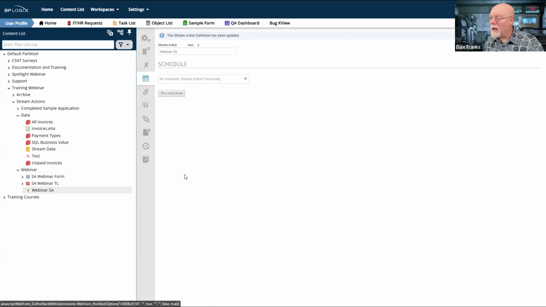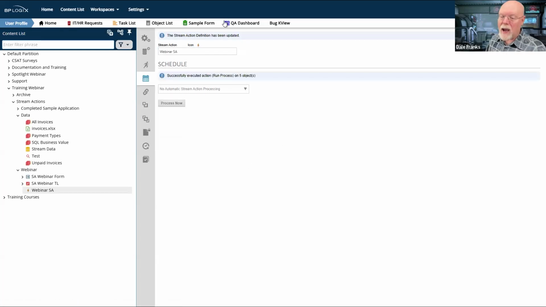Well, let me update it just to be sure that we're all updated. I should be able to click this and I see the spinny and it says successfully executed the action, which is run process on 5 objects. This is a standard notification, so I don't think we actually did a run process.